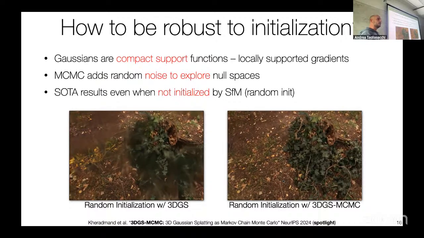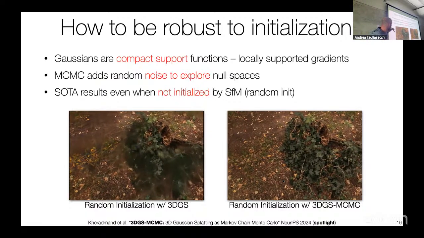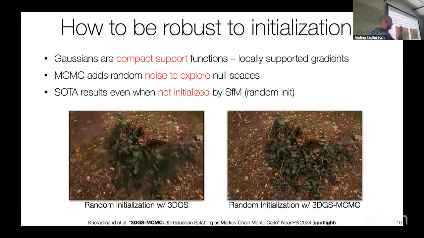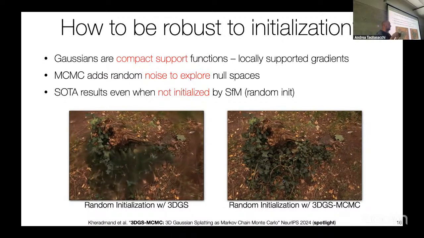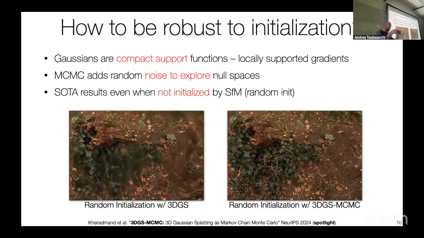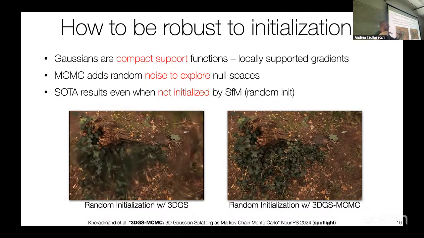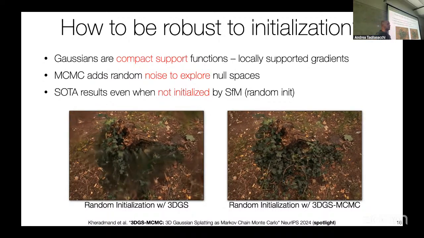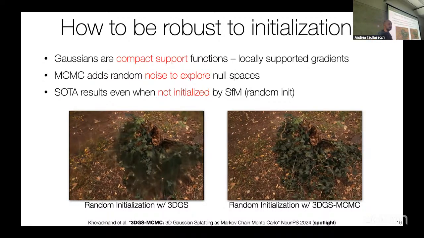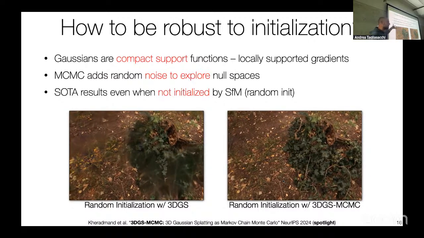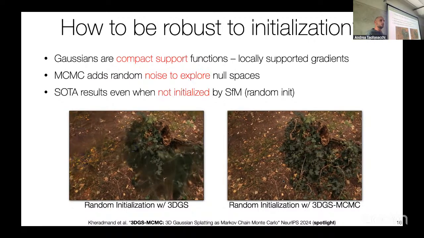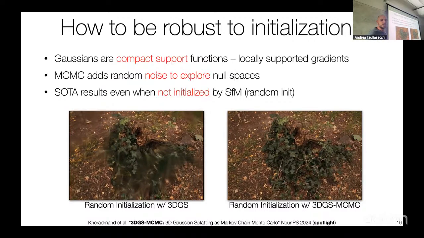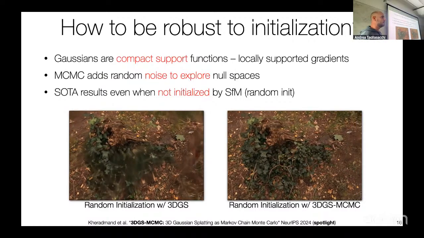And again, this is caused by the fact that these Gaussians that you're seeing on the left on the screen are only locally representing information. And so as soon as you are outside of the compact support of the function, your gradients with respect to the photometric reconstruction will be numerically zero, right? So if you don't have a Gaussian where you need it, there is no way for you to easily put one there. And what we did in this paper, I'm not going to go into details right here, but it's basically